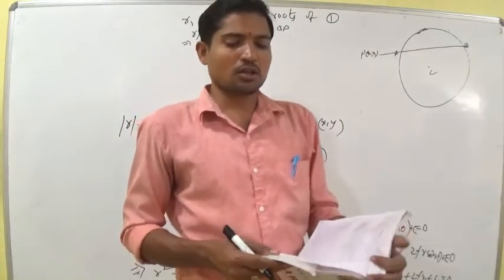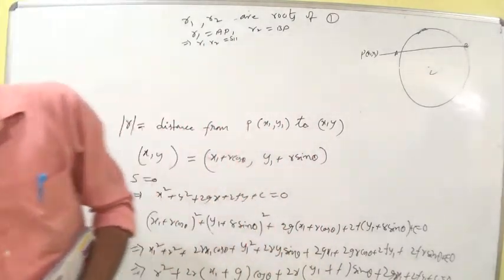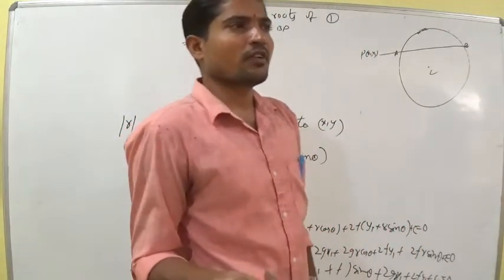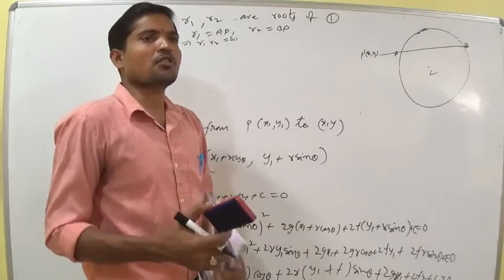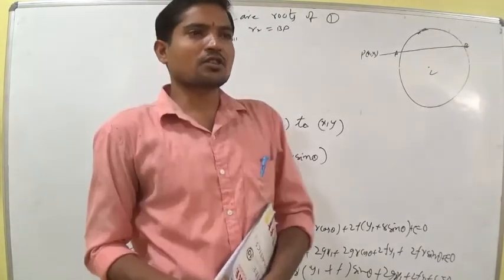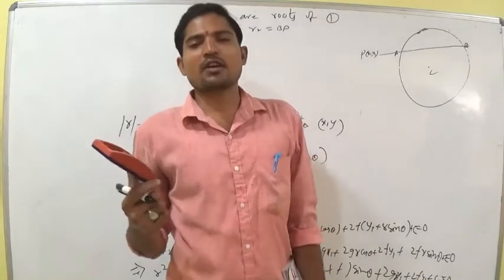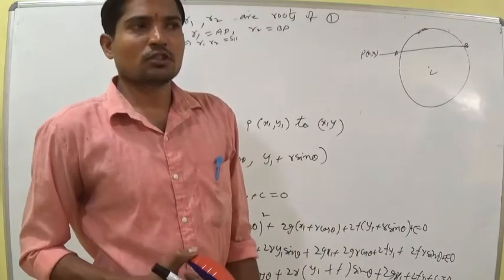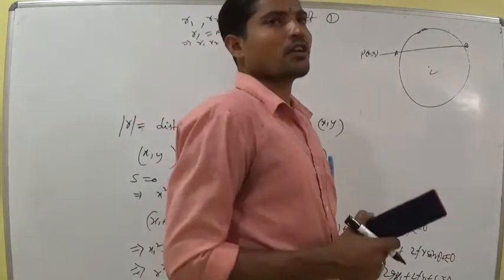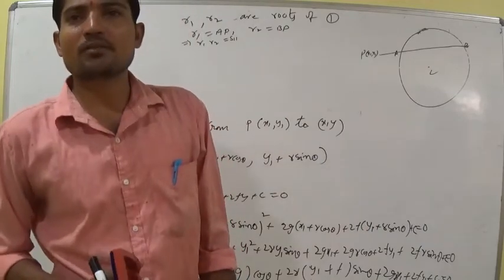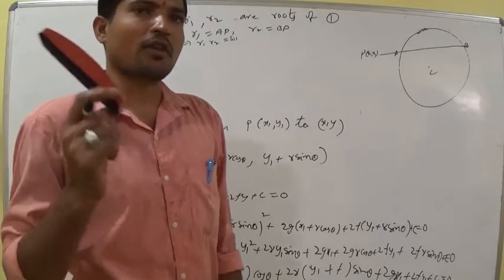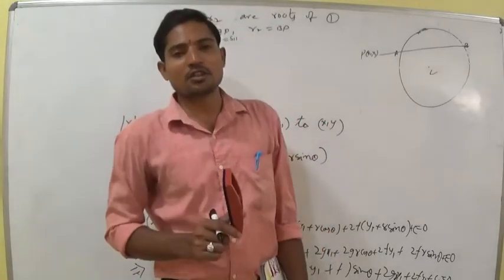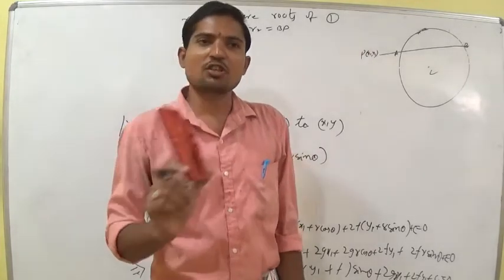Now we are going to solve problems on this formula. So up to now, what we discussed, very first we discussed the equation of a circle. The equation of a circle is x square plus y square plus 2gx plus 2fy plus c is equal to 0. A general equation represents a circle when the coefficient of x square equals the coefficient of y square. Next, the coefficient of xy is equal to 0. That means h is equal to 0.